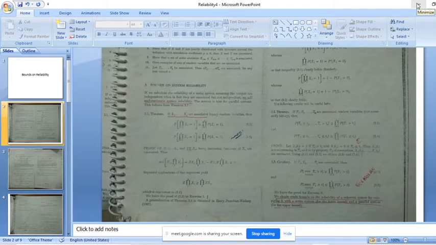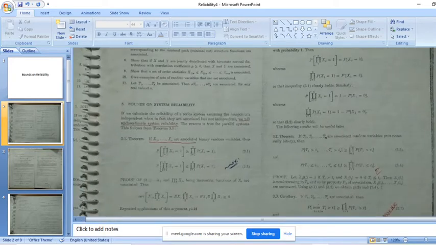We have discussed the concept of association and some of its properties in the last class. Now we will use this concept for getting bounds for the system reliability of a binary system. Okay, the first result is, you can see that